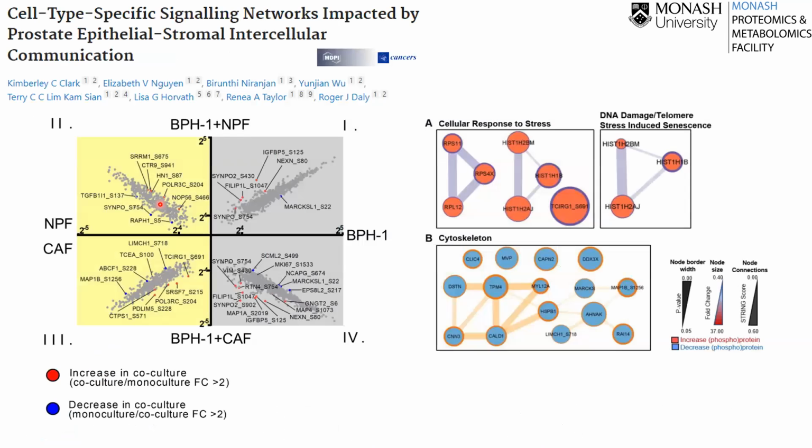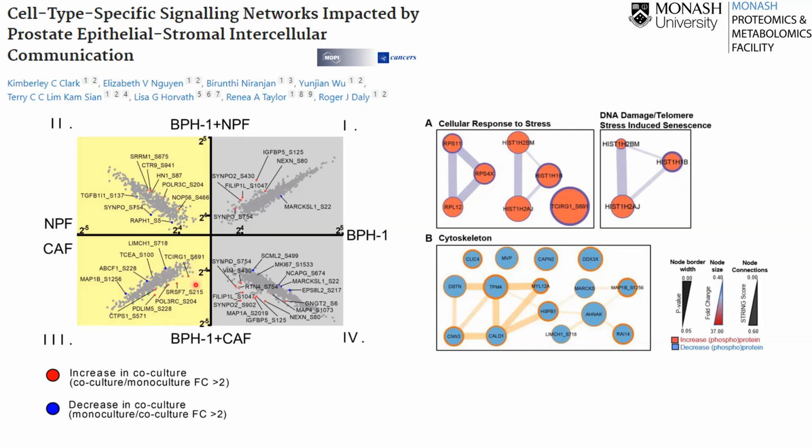So next, I just wanted to give you some examples where we use phosphoproteomics in some cancer studies. The first study is a pretty cool study where they studied how interaction between cell types is involved in prostate cancer, especially how interaction between two different cell types can promote metastasis. And this was done all in vitro.